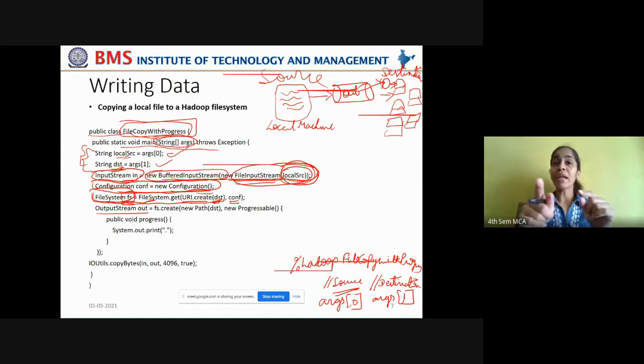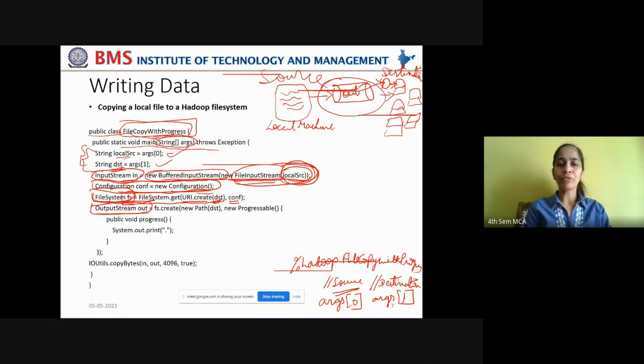Yes. Now, when you're writing the data to a different file, from a local file, you're reading the data from the local file into your output stream, and through that output stream, you're reading the data and writing it onto a file on HDFS cluster. Okay, for that you need to create an output stream object also.